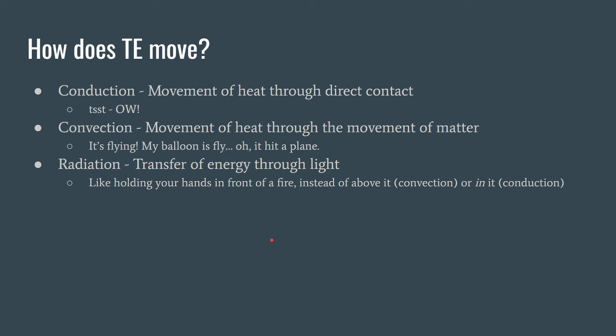So how does thermal energy move? How are we going to get that transfer of heat? Well, this is going straight back to your middle school science, possibly. First up, we have conduction. Conduction is just through direct contact. Okay? Object A touches object B, and thermal energy moves from one system to the other. So you touch the stove, you burn your hand, that was conduction. You put the ice in the hot coffee, the ice gets heat directly from the coffee through conduction.